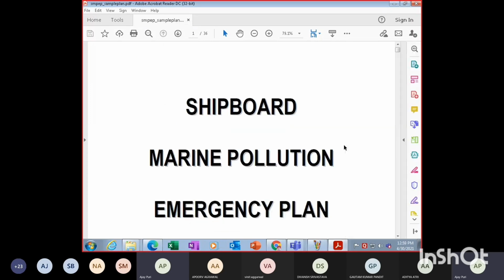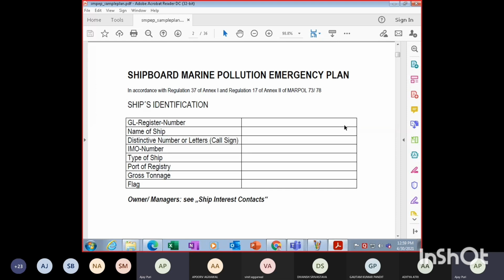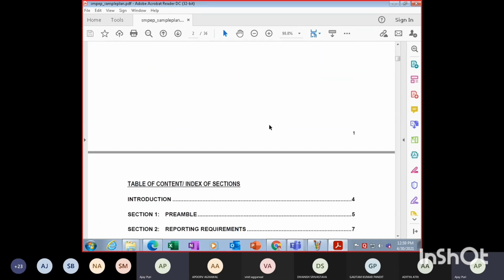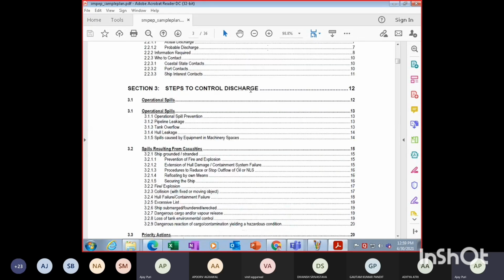Now we do your SMPEP. SMPEP is basically your shipboard marine pollution emergency plan. In case you are an oil tanker, you have SOPEP; for a noxious liquid substance ship you don't require SOPEP, you'll have the shipboard marine pollution emergency plan. You'll have a ship ID number, then you will have reporting procedures, whom to report, port contacts, coastal contacts, probable discharge, what to do in case of spill, pipeline leakage, tank overflow, hull leakage,